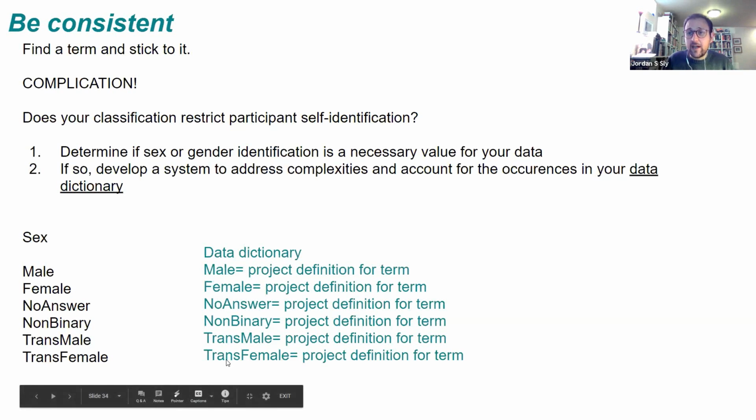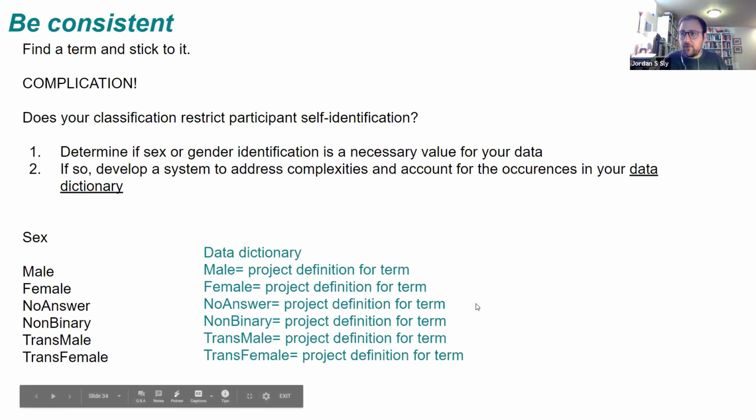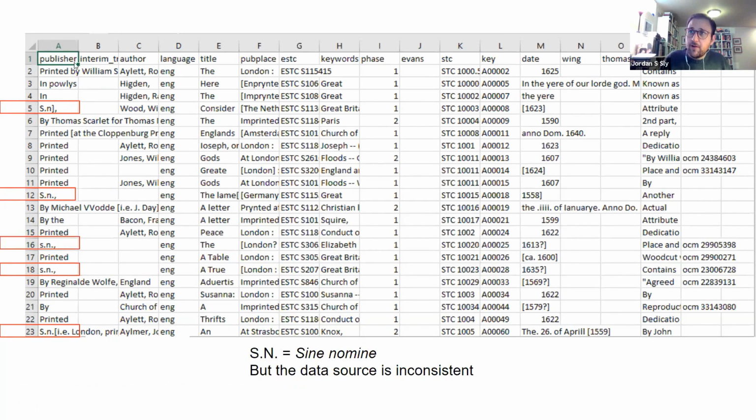So setting up from the very beginning what it is that your data dictionary will look like and how it will affect your research is another component of that planning step that we went through at the very beginning. And you can see an example, again, from some of my data before it was cleaned up totally. In these examples, these all are different versions of the same thing.